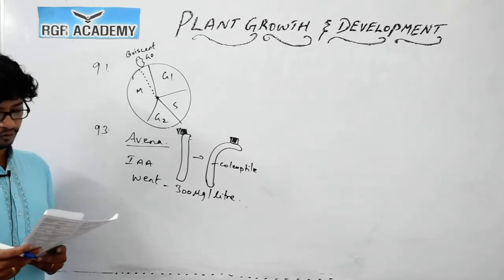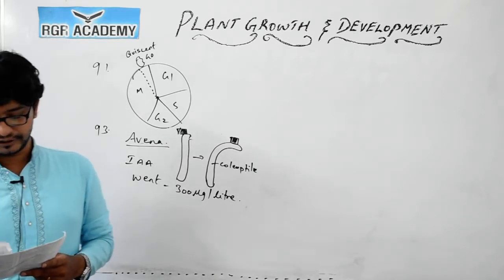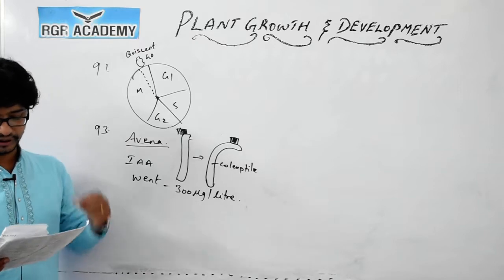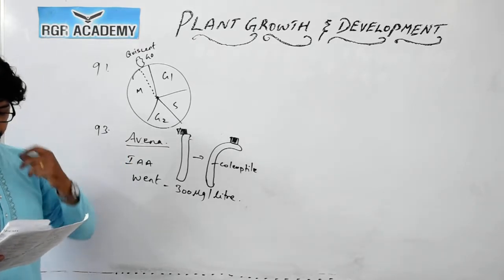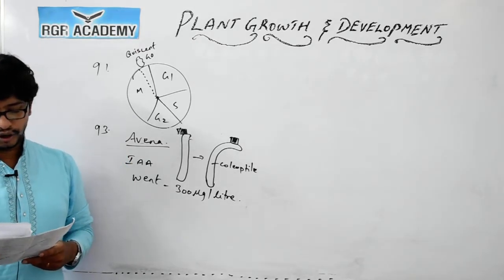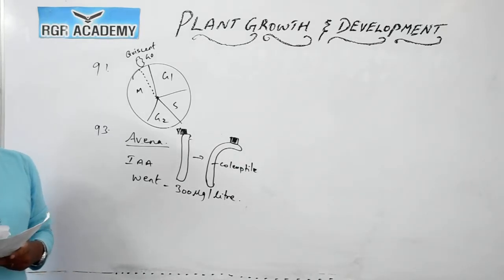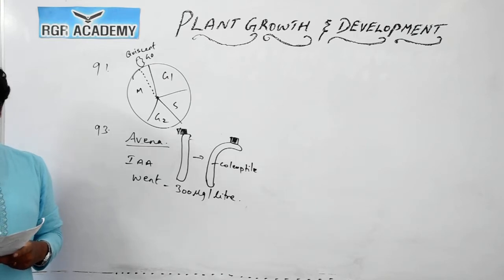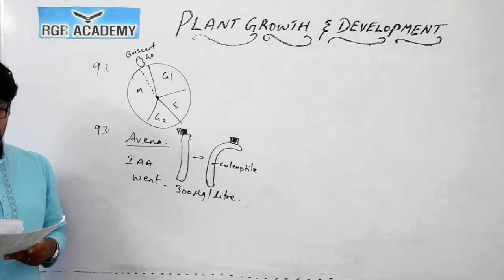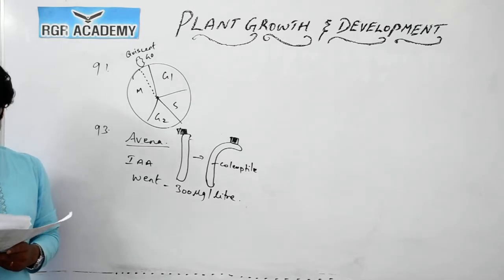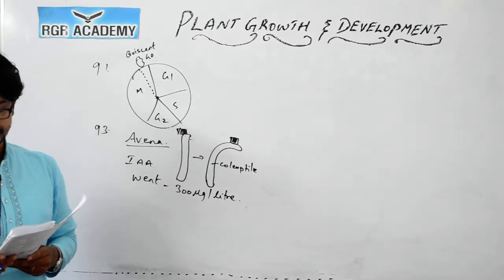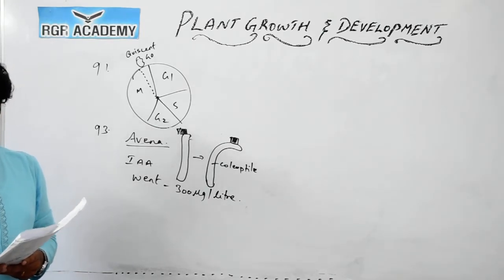Question number 94, assertion and reason. If you see, plant growth regulators, we call them PGRs, are very important for plant growth and development. Reason: auxins do not induce flowering in gymnosperms. If you look at assertion and reason, both are true, but the reason is not the correct explanation for the assertion. If you see the justification, plant growth regulators are small